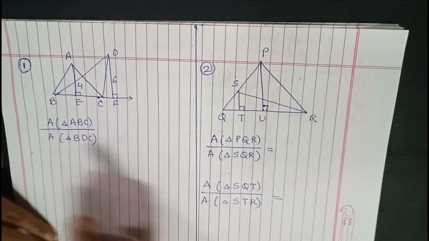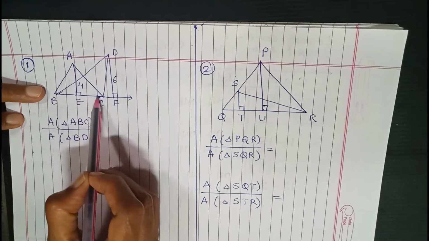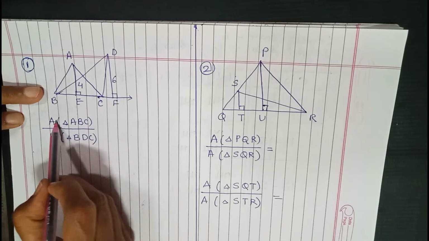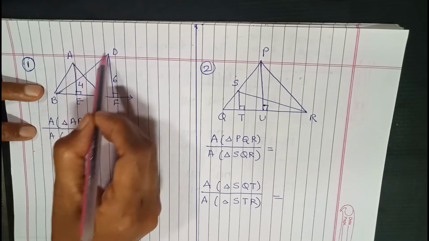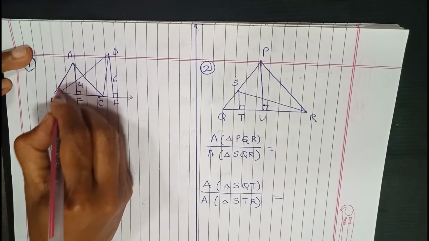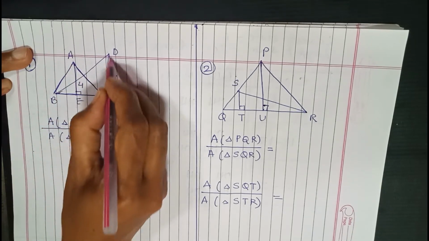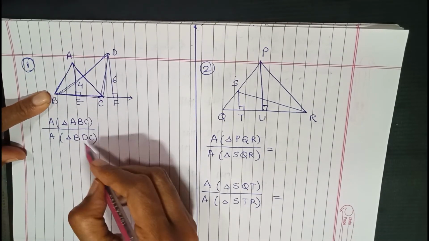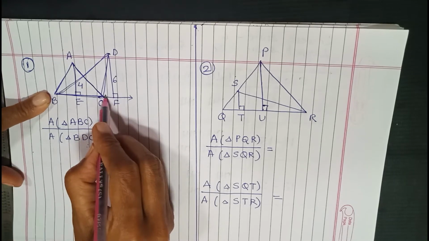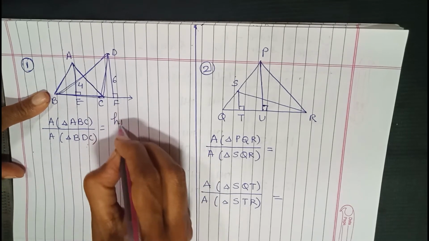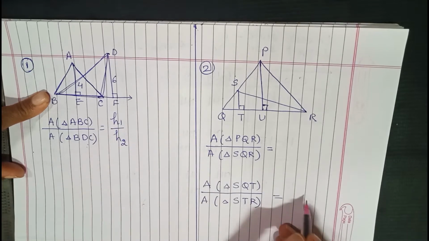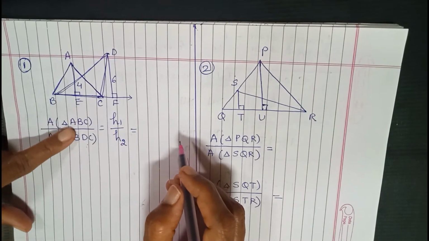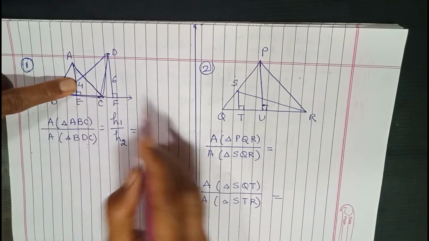Now, let us say this is the first question where I have two triangles, ABC and DBC. What is asked here is to find the ratio of ABC and DBC. Now, you can see from here that the base BC is common in both the triangles. If the base is common, it will get cancelled and the formula that remains is only H1 upon H2. The reason being the two triangles have a common base. Now what is H1? It is the height of the triangle ABC, which is given as 4.